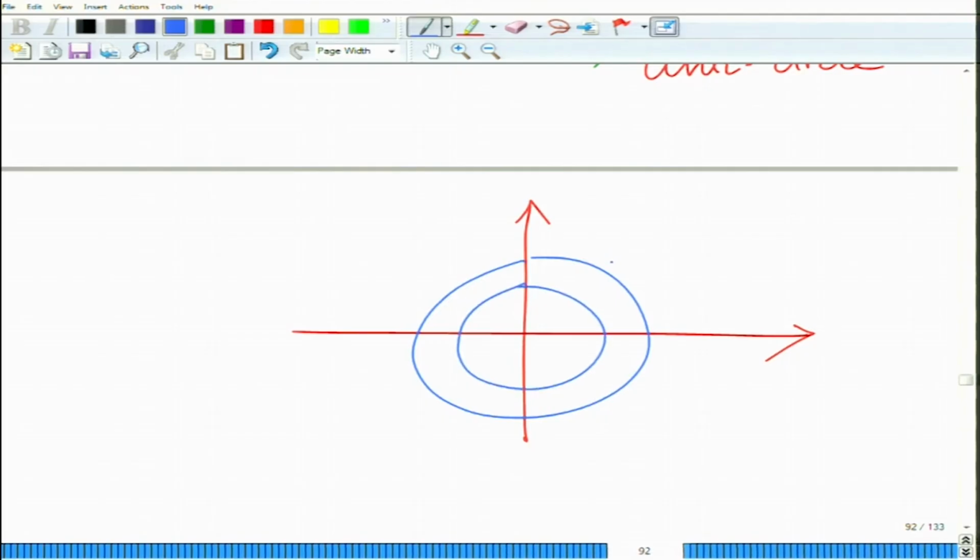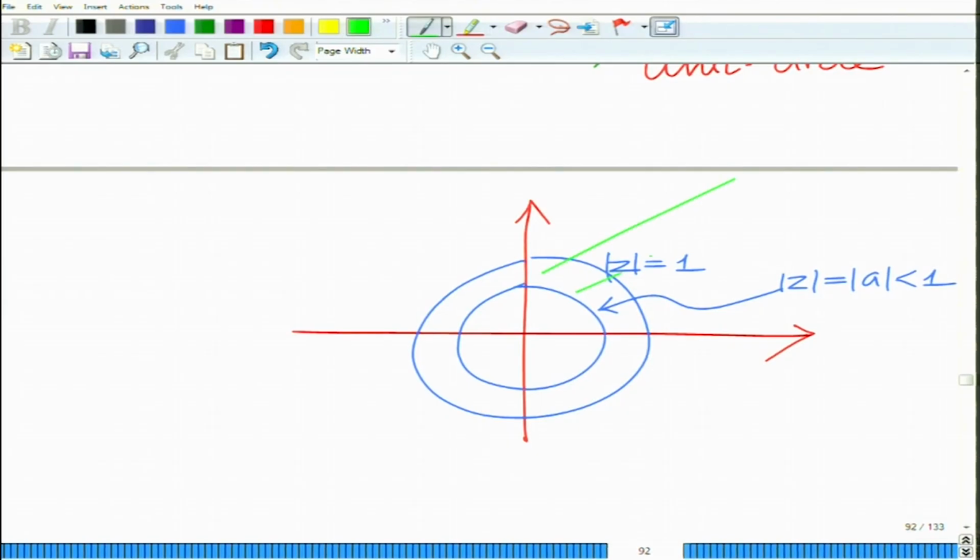So, this is your magnitude z equals 1, this is magnitude z equals magnitude of A less than 1. So, your ROC is basically magnitude of z greater than magnitude of A, which is basically everything outside the circle,